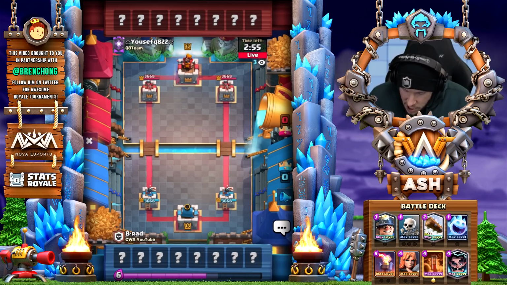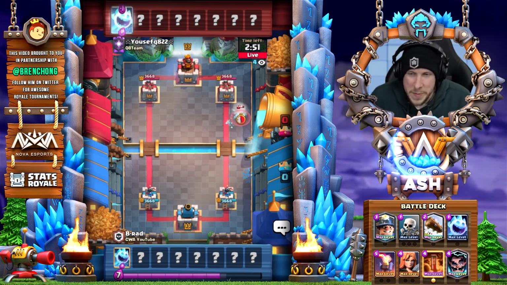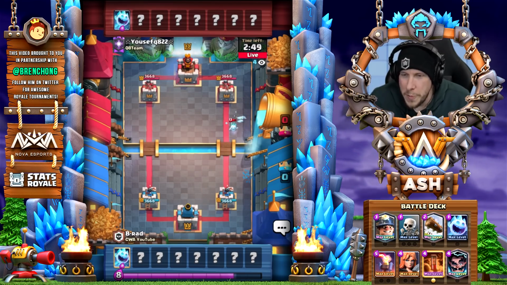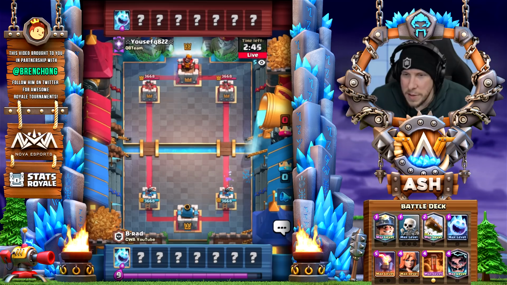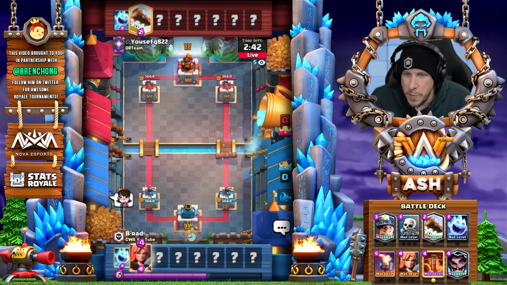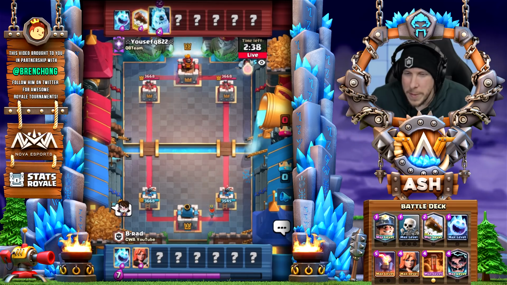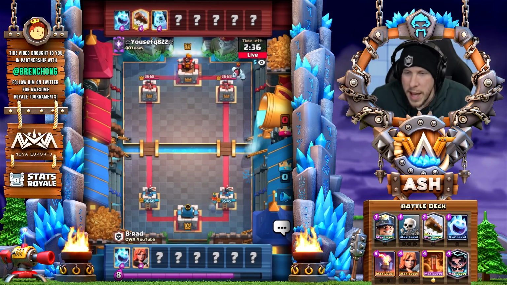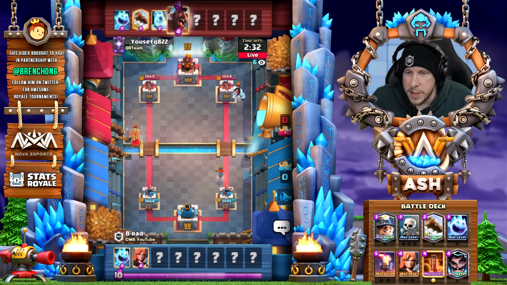That took a while. Oh, it's Yousef. This guy, what does he play? Do you guys know? Play Mortar? No idea. Okay. I don't think I've seen him before. Ice Spirit seems like a cycle deck. Maybe it's Expo. Yeah. That's not a good idea if I cycle Valk, if he's Expo. But it doesn't matter. Yeah, well, you said the Valkyrie is like the key card in this deck, B-Rad, so...